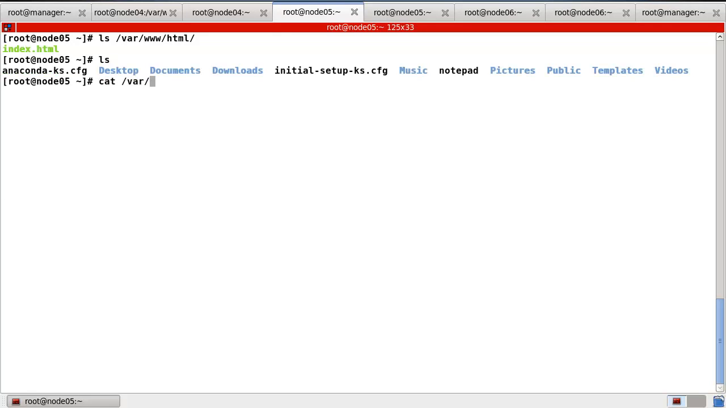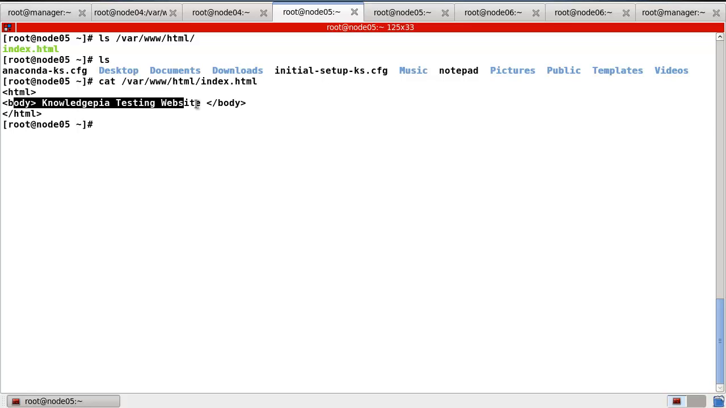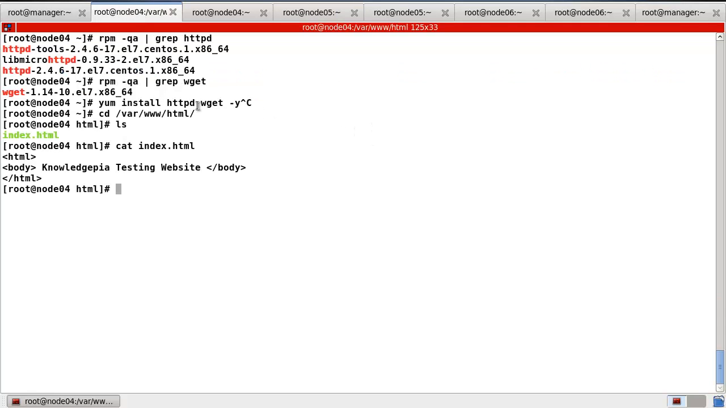So /var/www/html index file. It's the same on node 6 as well. And create the server's status file. So let's go to /etc/httpd